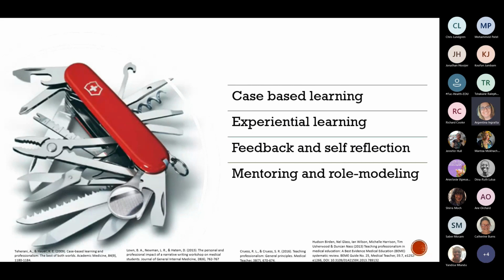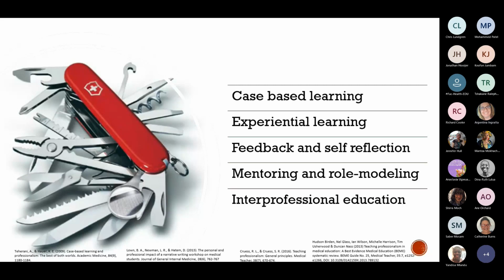Mentoring and role modeling. We discussed role modeling last week and the implications and how it's a powerful way to teach professionalism by modeling the behavior we want them to execute one day. But mentoring adds a different element where we take on trainees and we help them develop their professional identity goals and set goals for themselves and kind of hold them to it. And mentoring is something that's bandied about, certainly in my department, but hasn't really gained as much traction as I think it could in terms of improving on the development of our students and developing those trust relationships between students and faculty. And interprofessional education